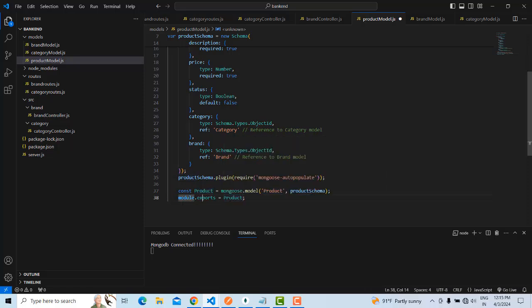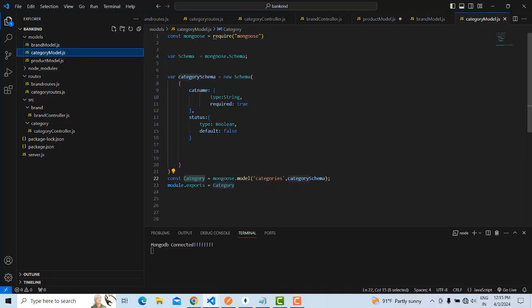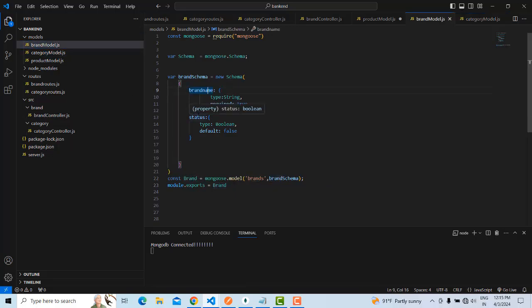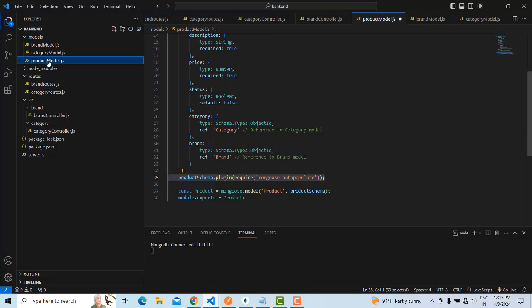You have to write the model export for product, right? After that, I want to populate the data. Populate the data means we have to display the category name instead of the category ID, and here instead of displaying the brand ID, the brand name should be displayed. So how to do it? First, what you are going to do is